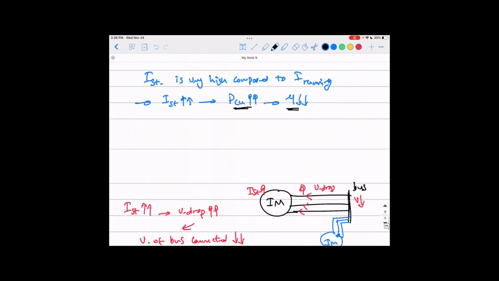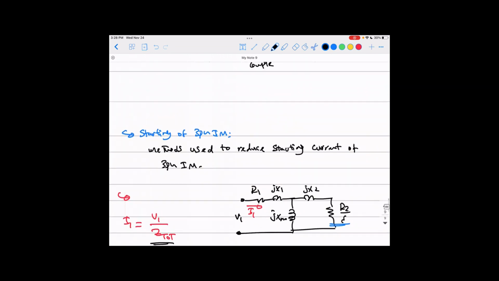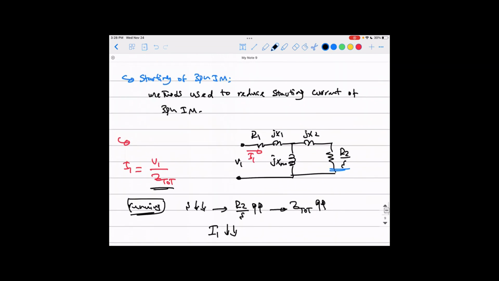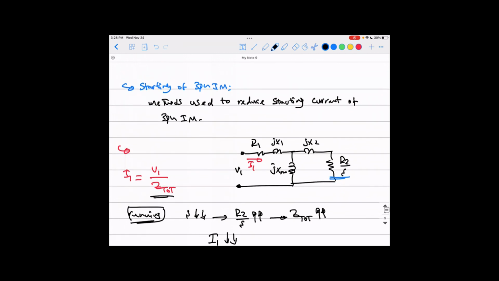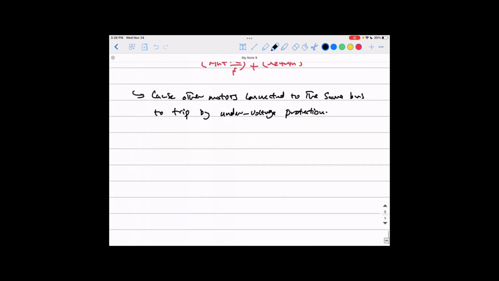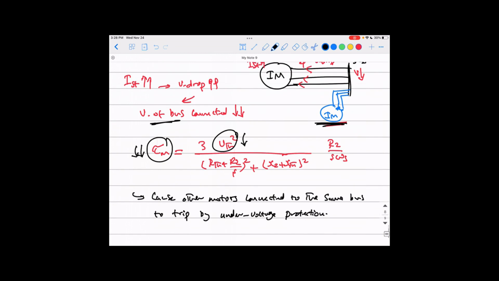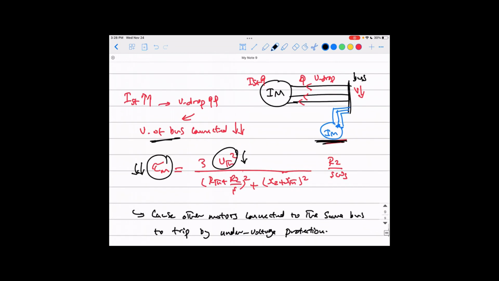And that's why we need to do something to reduce this very high amount of current at starting of a three-phase induction motor. And that's why we are more concerned to study the topic of starting a three-phase induction motor, which is actually the method we can carry out to reduce this very high amount of current that the motor draws at starting. And that will be our topic starting next lecture, to study the most commonly used methods to reduce the starting current of a three-phase induction motor. Okay,